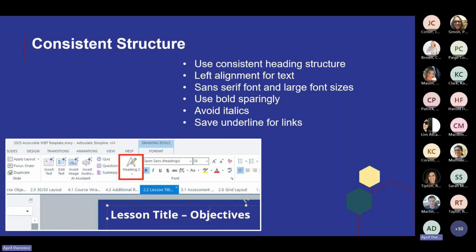So, for example, the title on this slide is Arial Headings font size 36, and the bullets are also Arial size 24. The image shown on this slide shows you that the slide title, this lesson title, objectives, is set to heading level 2, and this is in Storyline styles. Most digital pieces or courses should only have one heading 1, and then you go down the scale, heading 2, heading 3, you don't skip. So that's just another part of WCAG.